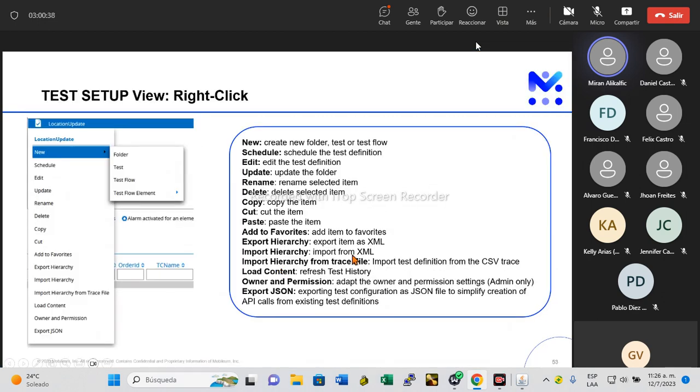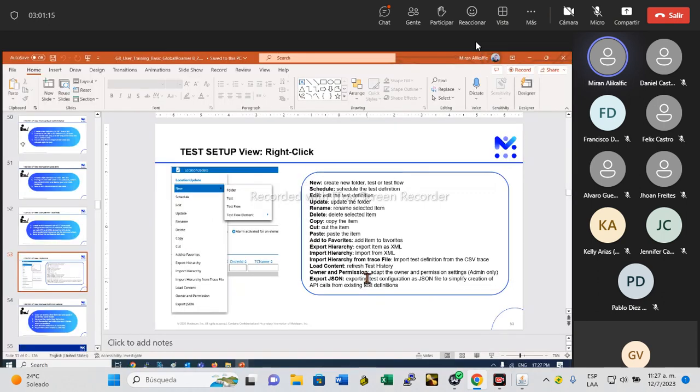So what else? Now, once we are in our testing environment, if we right click on our test case, we see that there are a lot of possibilities to do with our test case. We can from here introduce new folders, test cases, and so on. We can schedule it, we can edit to correct the parameterization if needed. We can update, rename, delete, and so on. What is important? Well, let's say the cut, copy, and paste feature,